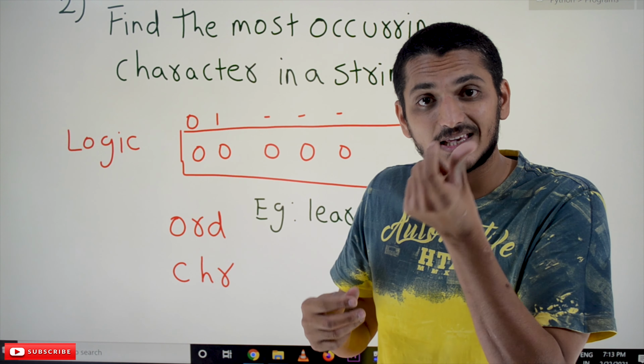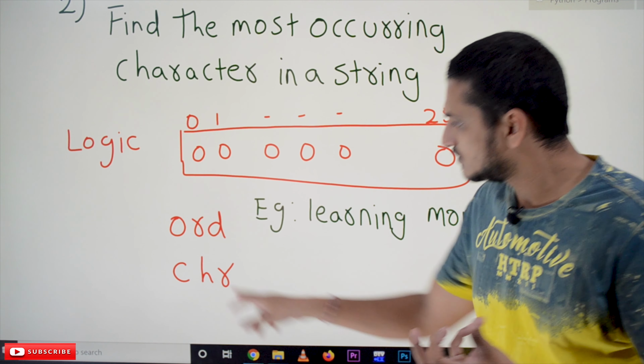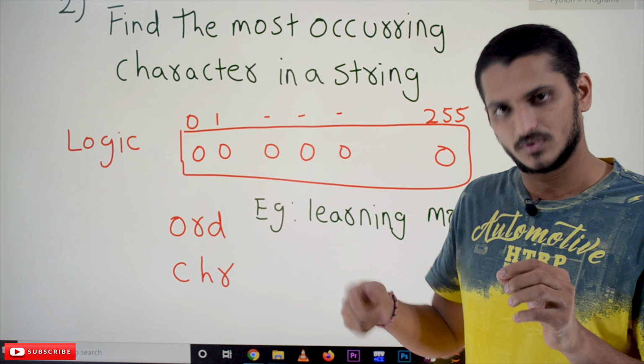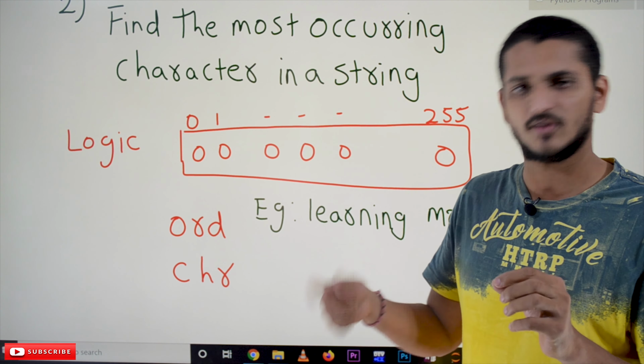So two things we have to do. Given a character, we have to identify the ASCII value. Given an ASCII value, we have to identify the character. In order to do that, in Python, we have a function called ord. ord is a function; if you give a character, it will give you the ASCII value. chr is a function which is defined in Python. If you give the ASCII value, it will give the character of that ASCII value. So we use these two functions in order to convert characters into ASCII values and ASCII values into characters. This is the logic which we use.